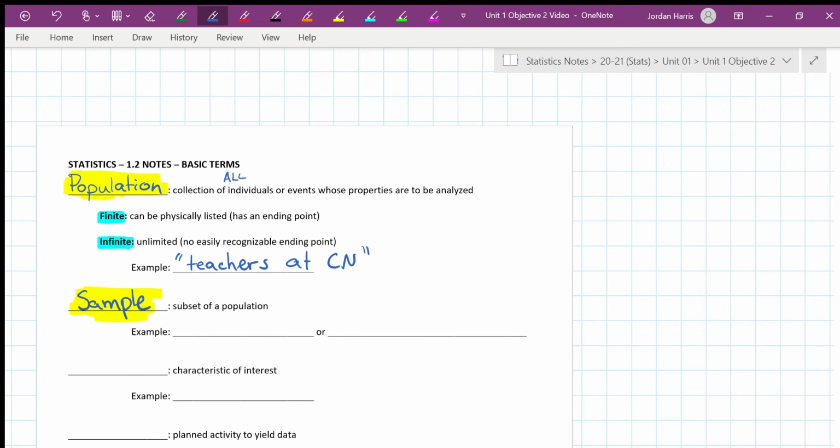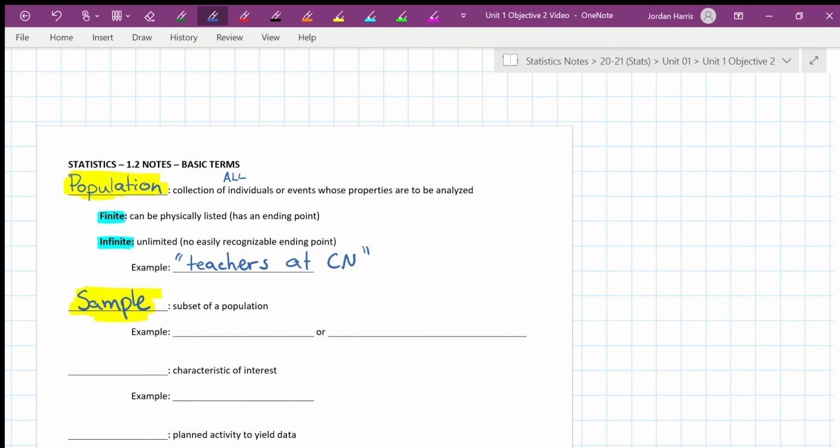This is used a lot in assembly lines when they're building something, making something. There's an infinite because it's continuously happening. We don't know where it's going to end until it ends, right? Basically, the factory shuts down. That's where it ends. But until that point, it's an infinite supply. It just keeps coming and coming and coming as we grow and grow in our pieces of things we're selling. Okay, so sample